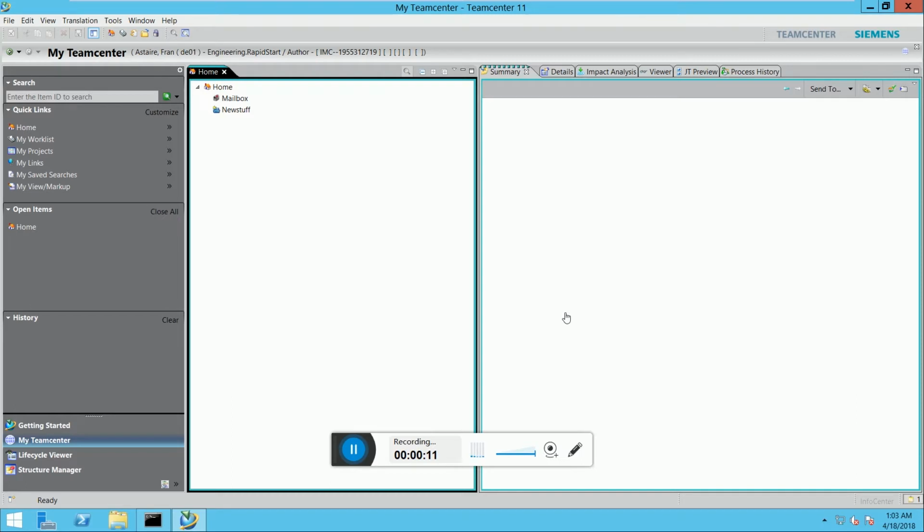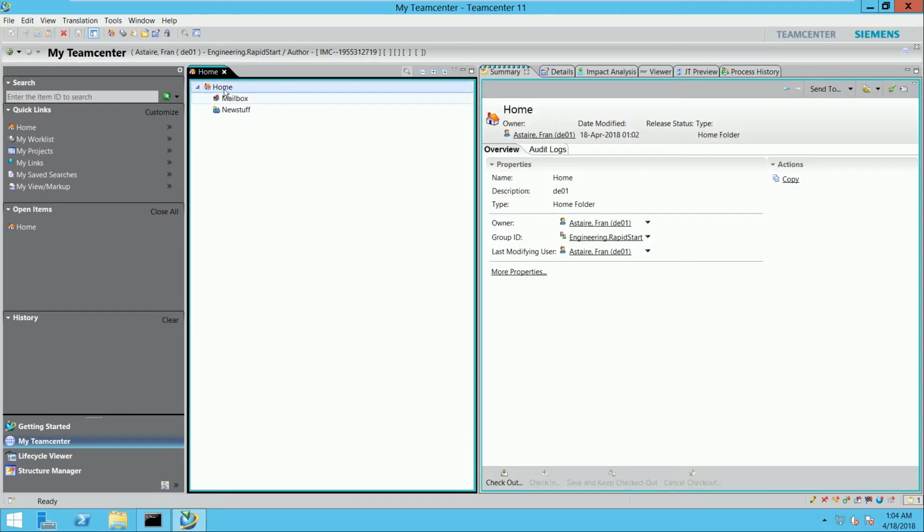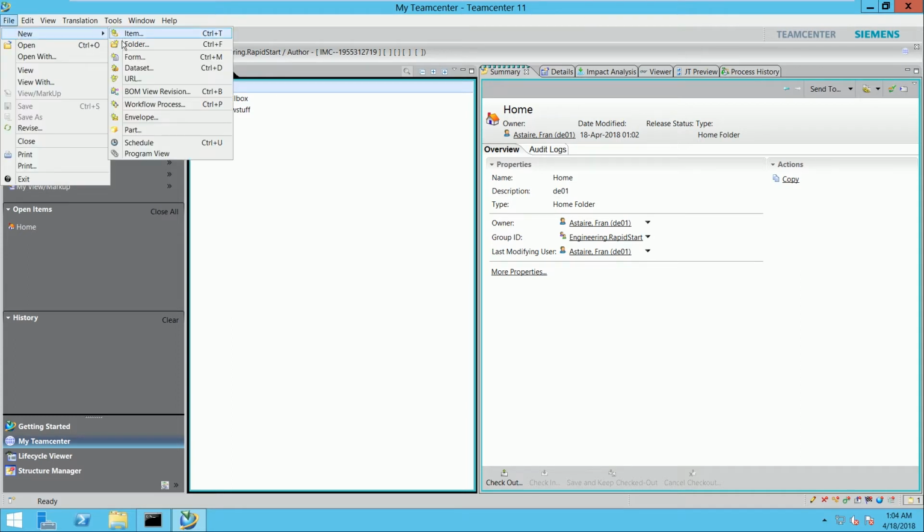Today I'm going to show you how to make an item inside of Teamcenter and attach a data set to this item. So jumping right into it, I already have Teamcenter open, and I'm going to make sure I'm on my home tab, and then from there I'm going to make sure I'm selected on home, as you can see here, and then I'm going to do File, New, Item,